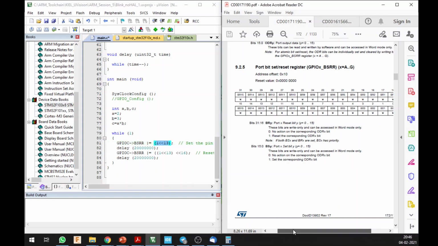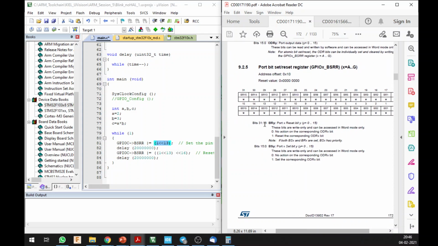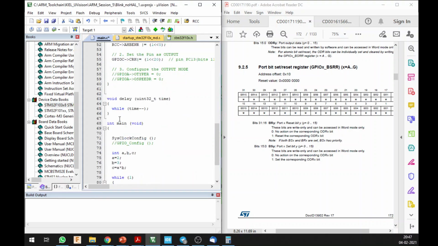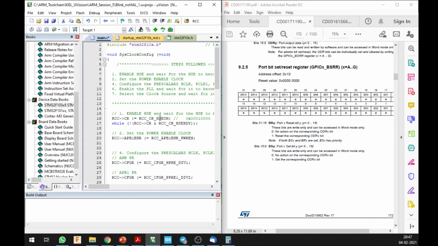There are a total of 32 bits. If you set 1 in the reset bit, it is going to reset the pin. If you set 0 in the reset bit, it is going to set it. You can do both of these from here, so you don't have to do an AND operation. You can just write something, and the other one is going to automatically invert. Alright, and once you are done with that, you have the set and the reset done. I'm not going to explain the delay function. I'll just provide this function to you. You can just use this particular function in your assignment.